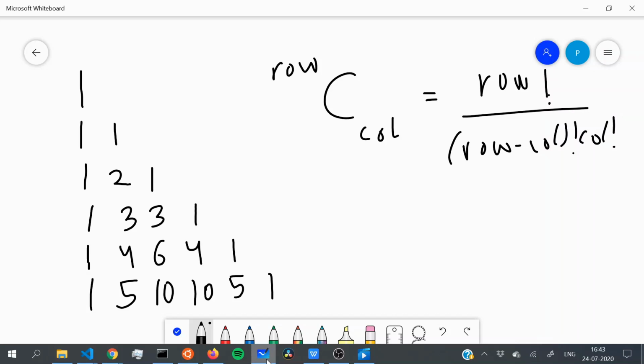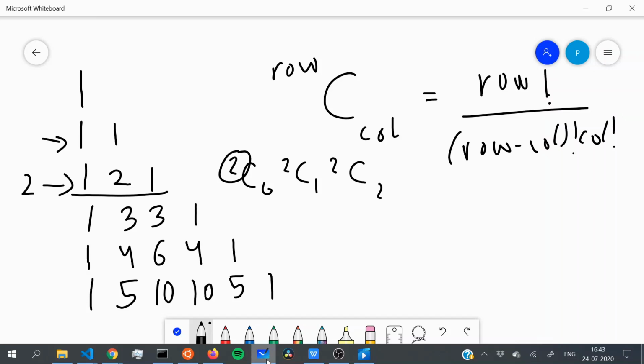Excuse my bad handwriting. Now, there we go. So we wrote this in terms of 2C0, 2C1, and 2C2. So here 2 stands for our row. If this stands for a row, then our rows automatically start from 0. And 0 stands for our columns, so our columns also start from 0. So now we found a pattern.